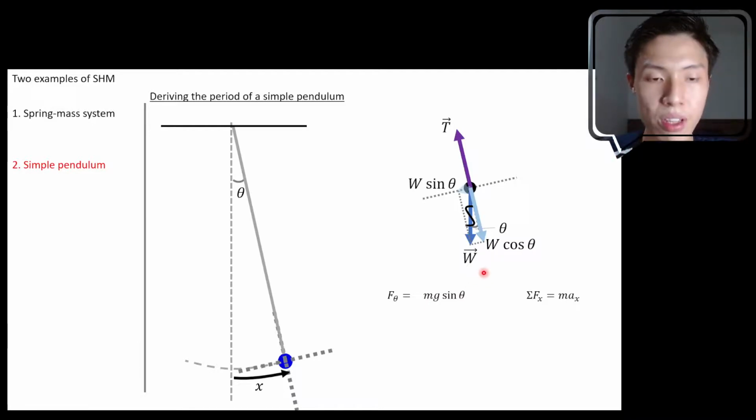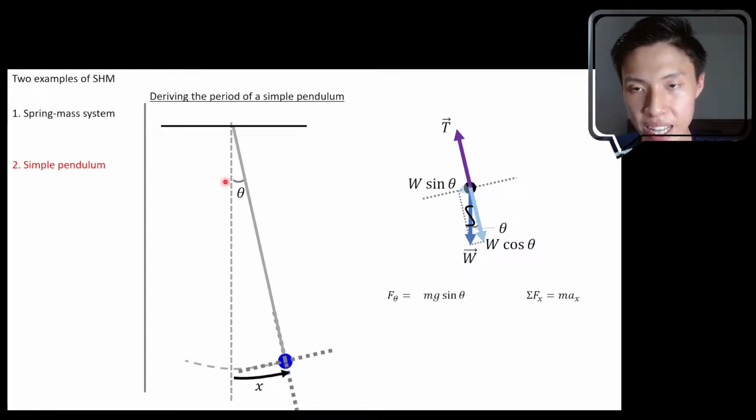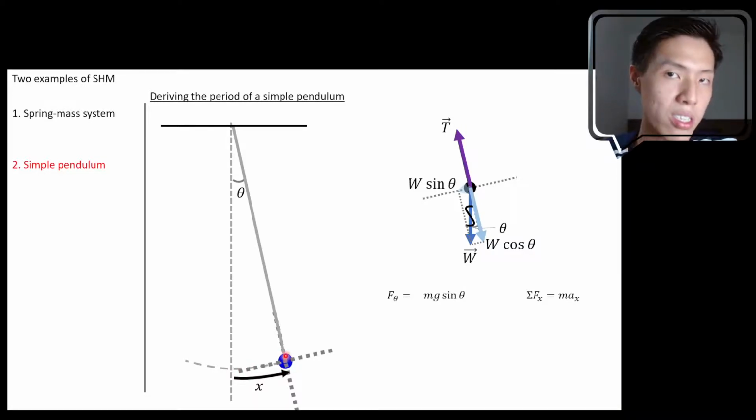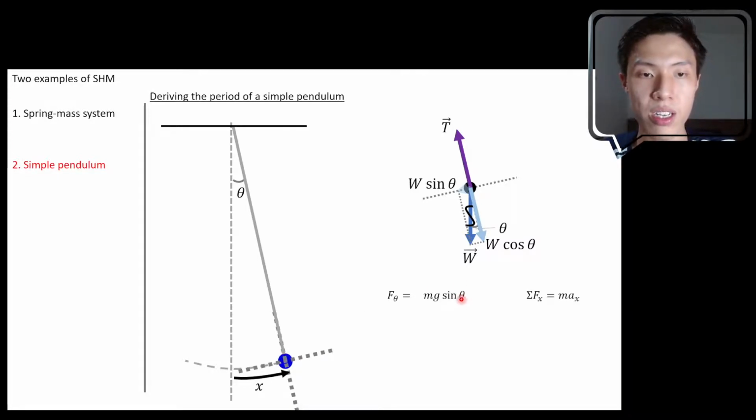But if you think about it really mathematically, well, this line is the line where we start. So if we measure our angle like this, this is an anti-clockwise angle. Remember angular displacement. This is an anti-clockwise angular displacement, and an anti-clockwise angular displacement is a positive displacement. So if we substitute in a positive angular displacement over here, then the force must be a negative force. m is positive, g is positive, theta here is positive, everything is positive. How do you get a negative force? You add a negative sign in front.